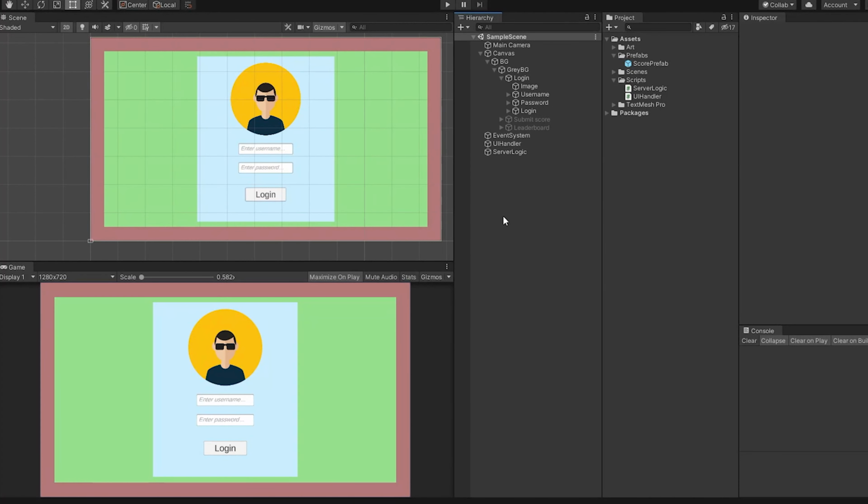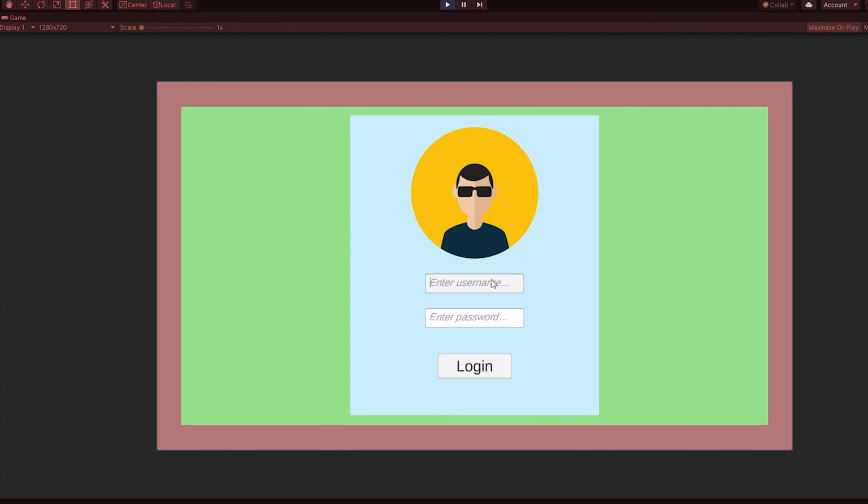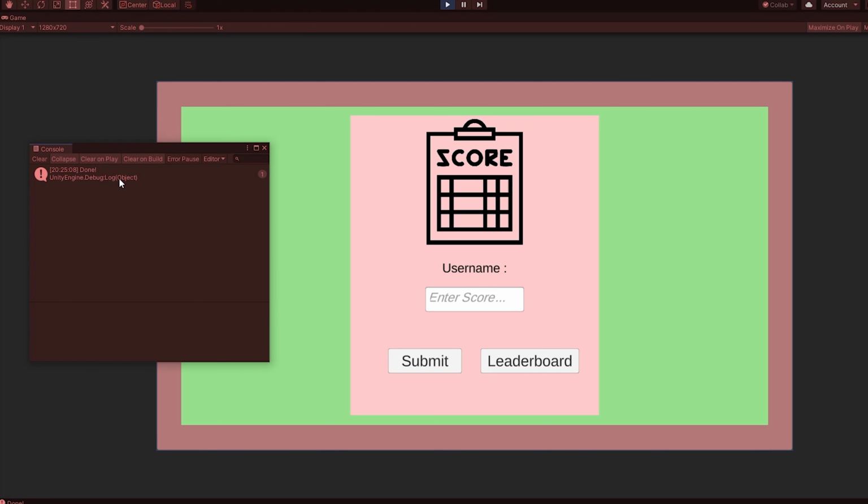Let's now play our Unity project. Let's pass PTS as the username and password as 123. If you remember, we have created a user with this particular credentials. When we press login, we go to the next screen, which is correct as per the flow. We can see when we press correct credentials, we go to the next screen.